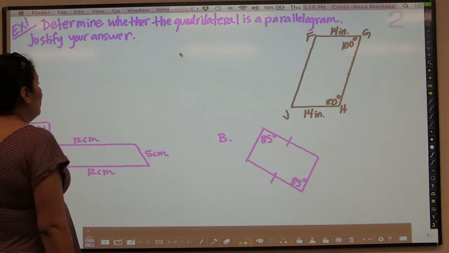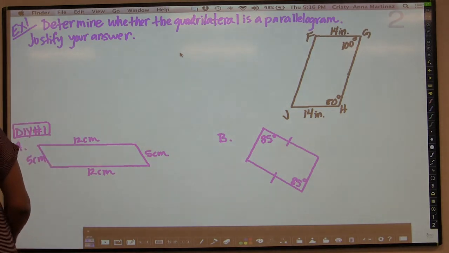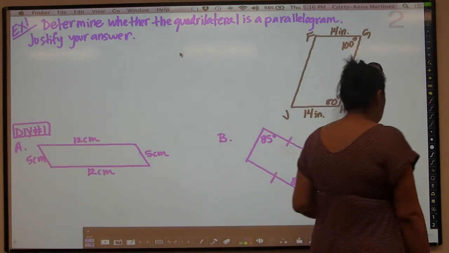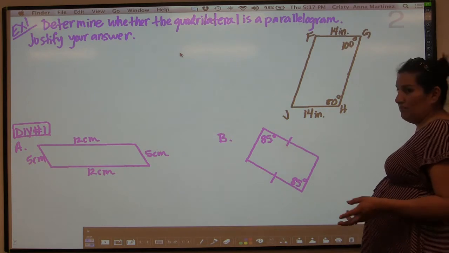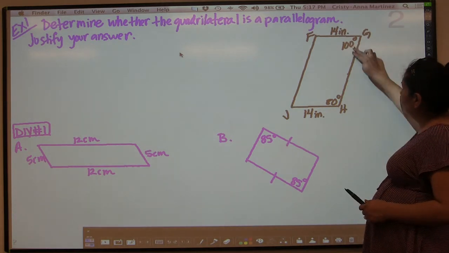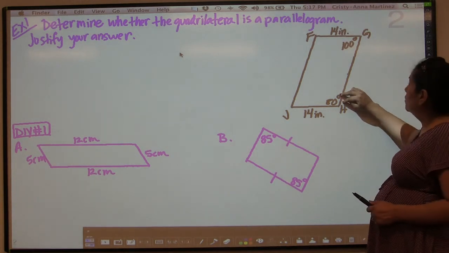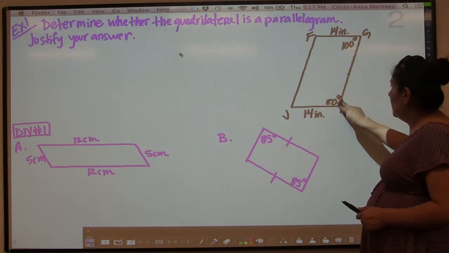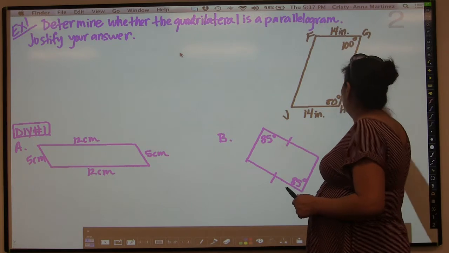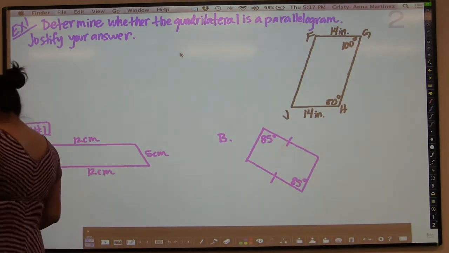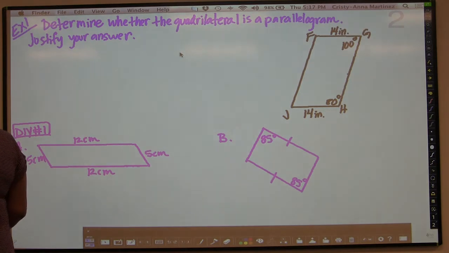But what we can do is we know that the consecutive interior angles, remember we talked about that before? One of the definitions of parallelogram was that the consecutive interior angles had to be supplementary. So in this case, 180, so 100 plus 80, so angle G plus angle H equals 180, which means that those two angles are supplementary. So